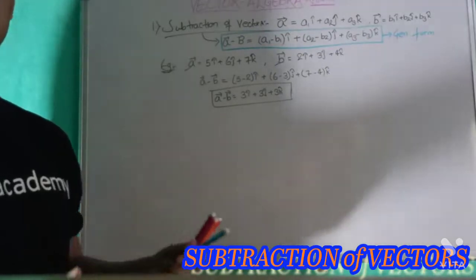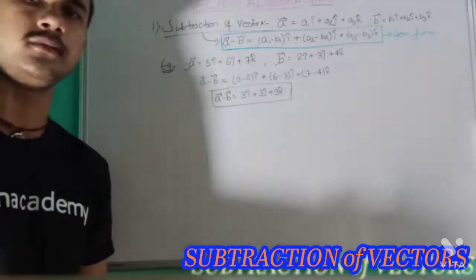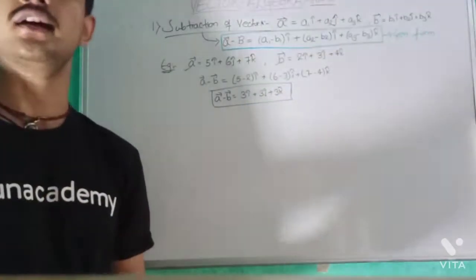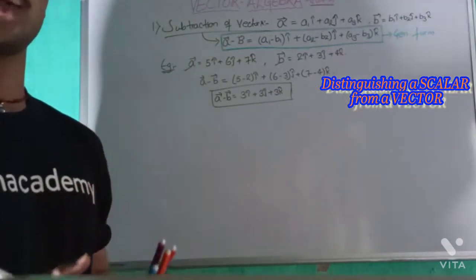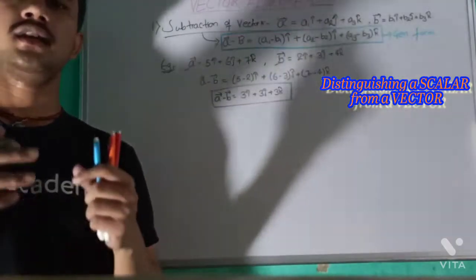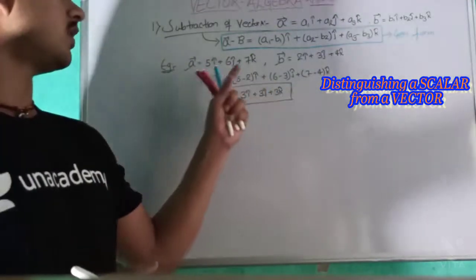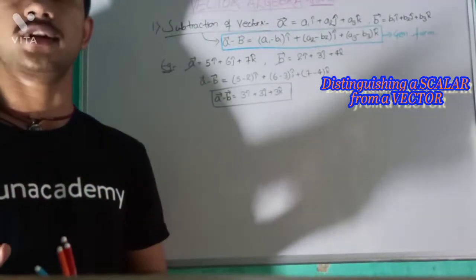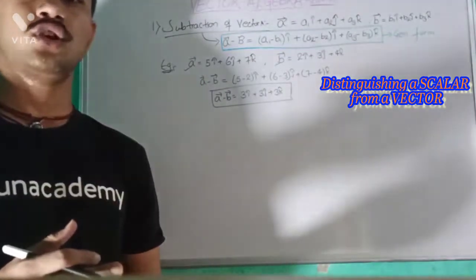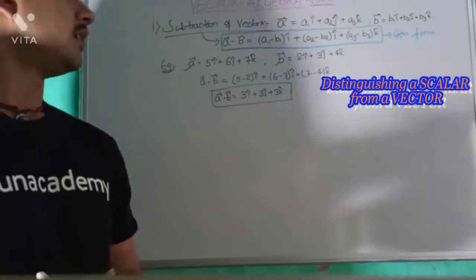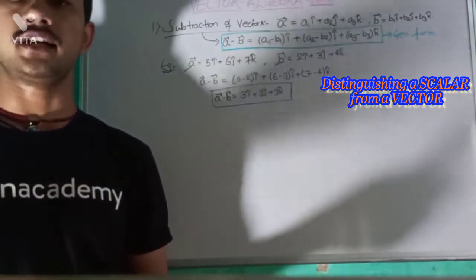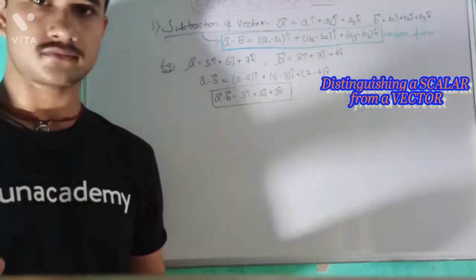Now coming on to the second topic of ours today, that is the multiplication of a vector with a scalar. A scalar is a constant quantity, and a vector is a format that has three components, that is X component, Y component and Z component, denoting its directions as I, J and K in the X, Y and Z axis respectively.